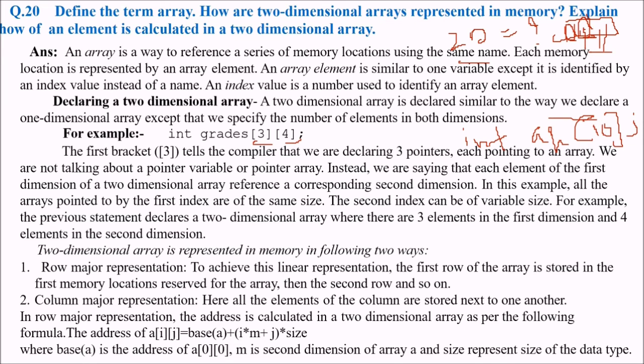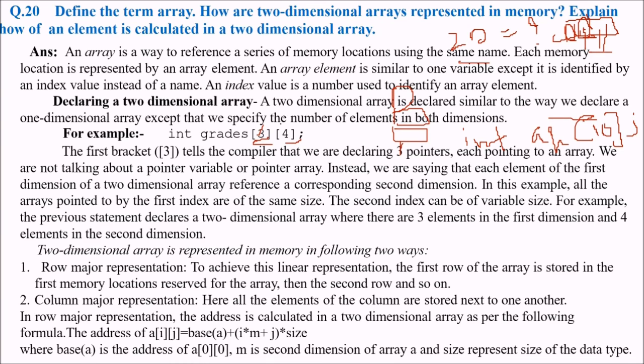So this first bracket tells the compiler that we are declaring 3 pointers, each pointing to an array. So there will be 3 arrays of size 4. Okay, each pointing to an array. So we are not talking about a pointer variable or a pointer array. Instead, we are saying that